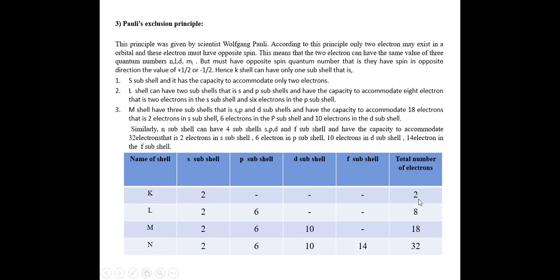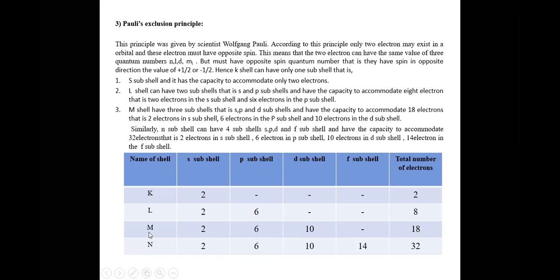So total number of electrons in the shell will be 2. For L shell, the possible subshells are S subshell and P subshell, and S can have 2 electrons and P can have 6 electrons. So total electrons will be